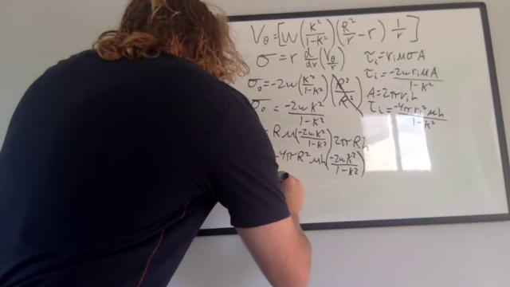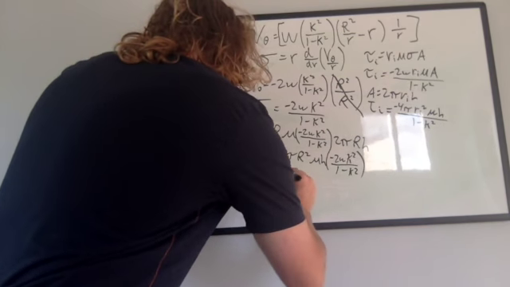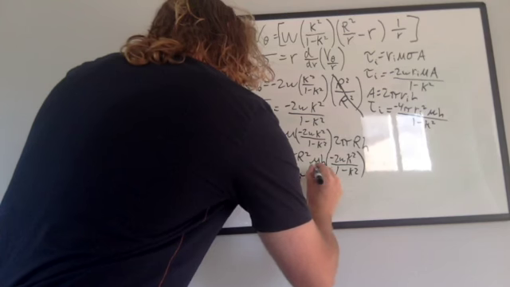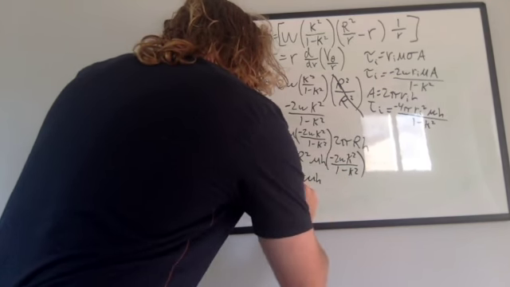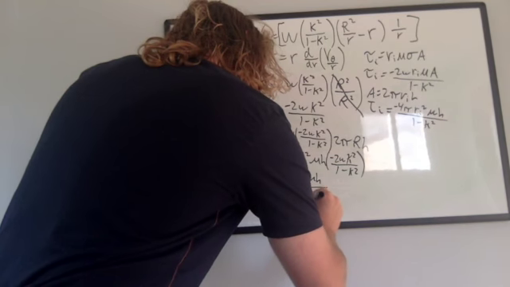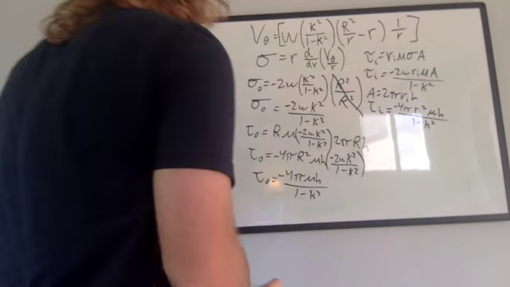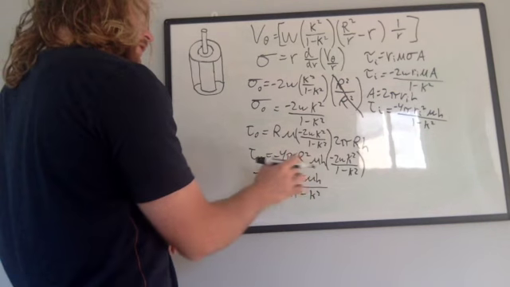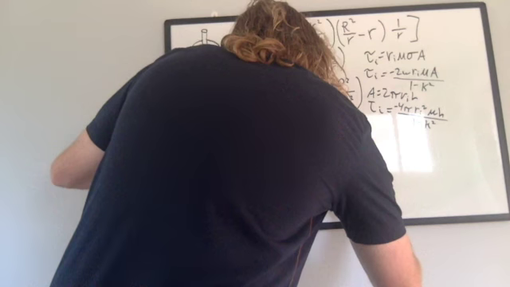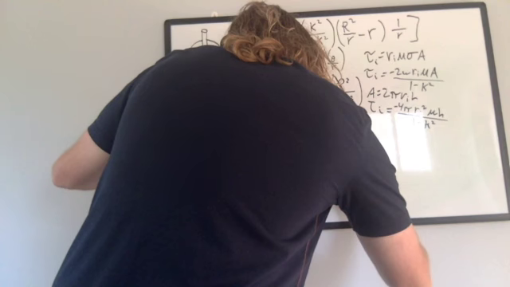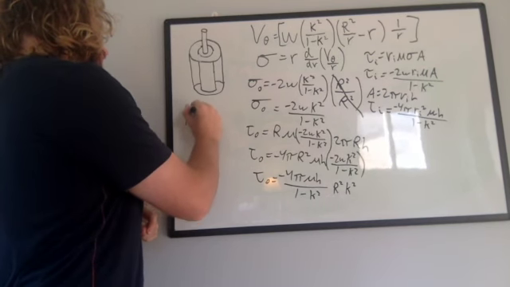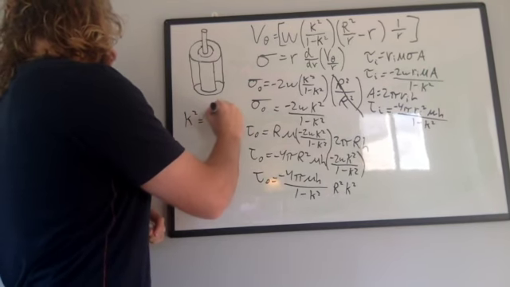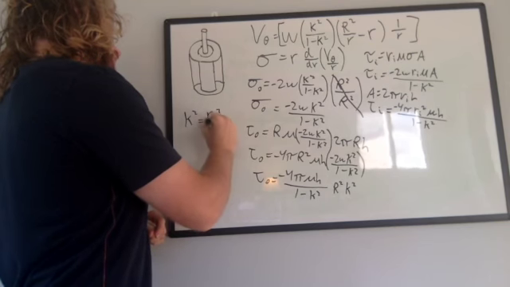TO is going to be equal to negative 4 pi times viscosity times the height. We'll put that all over 1 minus k squared. And then we will bring our big R squared and our k squared out here. R squared, k squared. Now earlier, again, we said that k squared would be equal to our ri squared over our big R squared,